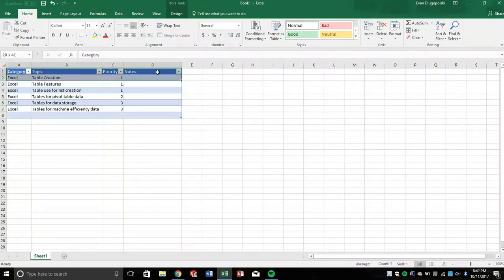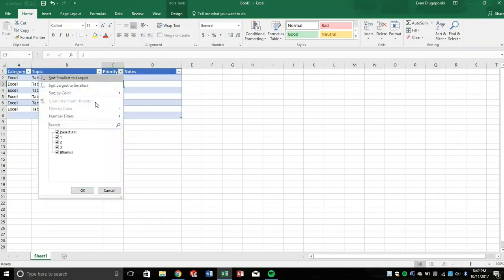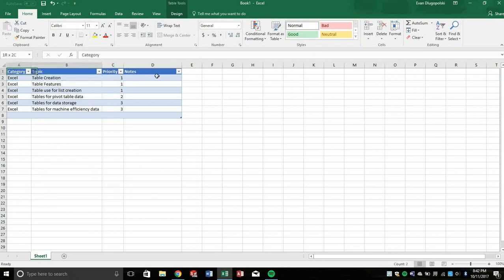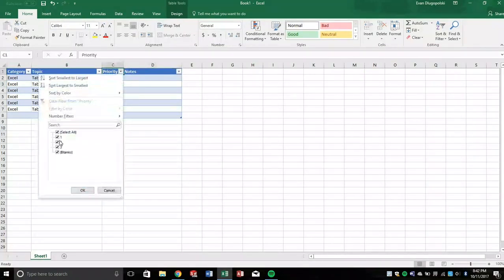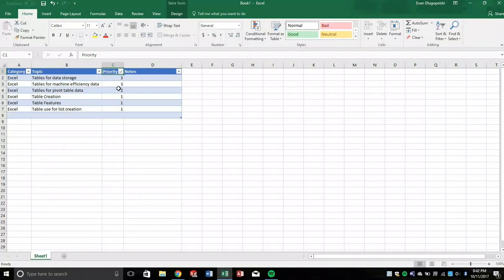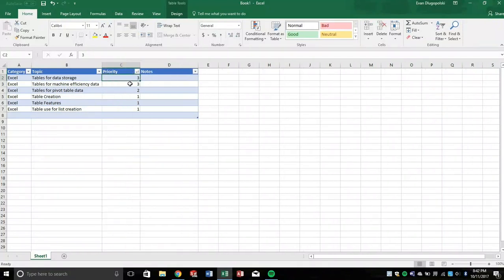Oh, another feature here is in the header we have the sort options. Probably another thing that people are mostly familiar with. Again, it just creates those automatically for you. You can sort largest to smallest, so this would be the least priority. Another good practice here that I should mention